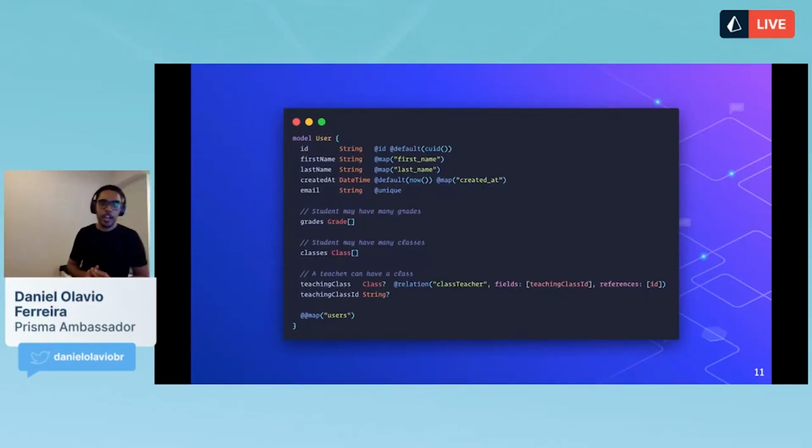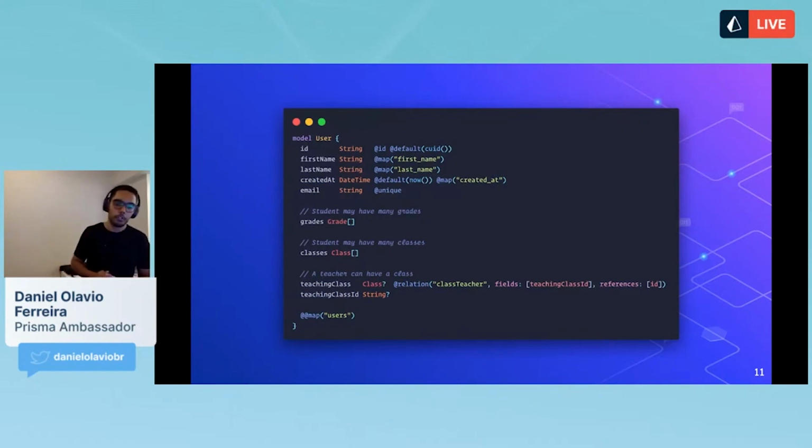I have created that, so I define it as a datetime type. I can set its default as now, so I don't have to use a datetime.now when I create my table. So if I forget, it doesn't matter. Prisma helps me with that. And again, the map function. And the email, I tag it as unique. So whenever a user signs up, I am guaranteed that the email is only used once in my database. So I don't have to make validations in the back end or in the front end to deal with that. When I try to insert that into the database, if it's already there, it's going to error out.